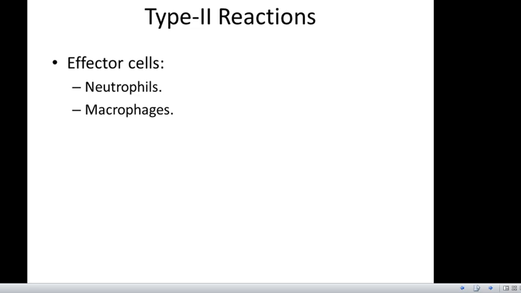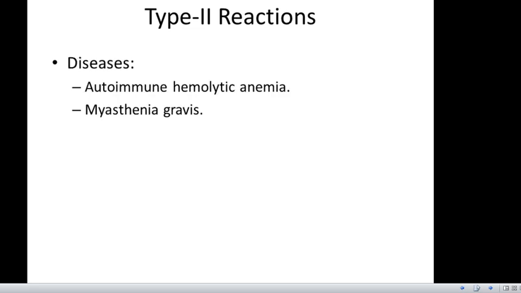The effector cells are the neutrophils and the macrophages. The important diseases in which the type 2 reactions form the basis include the autoimmune hemolytic anemias, myasthenia gravis,